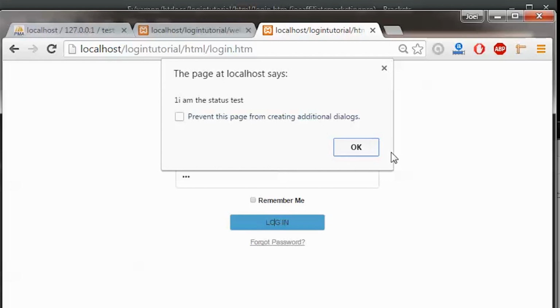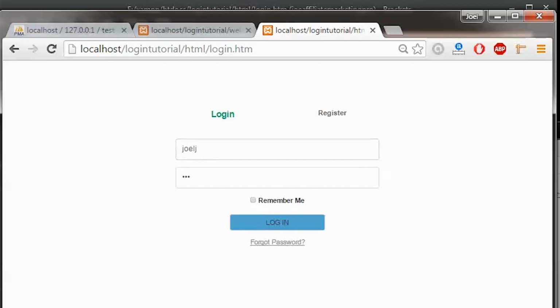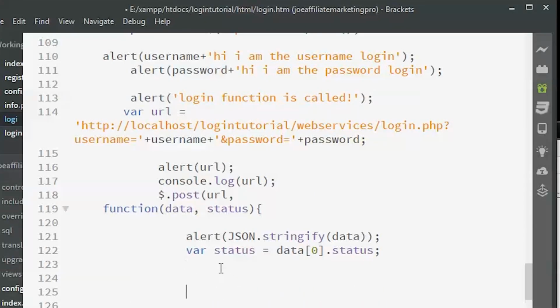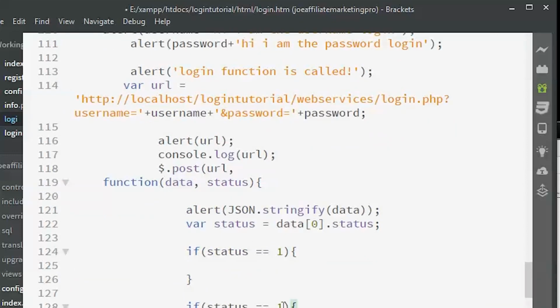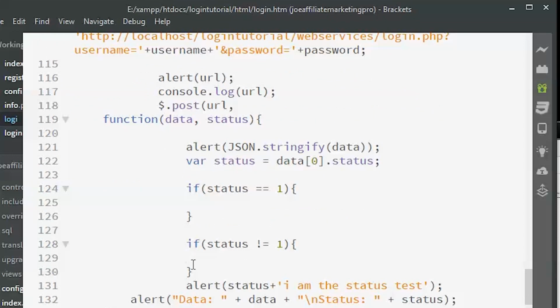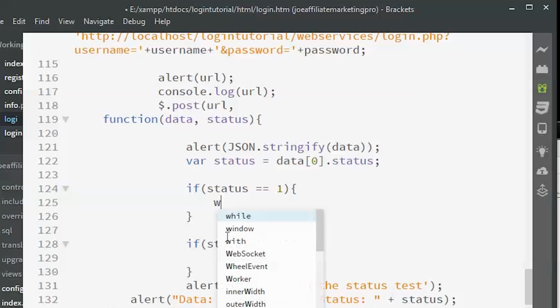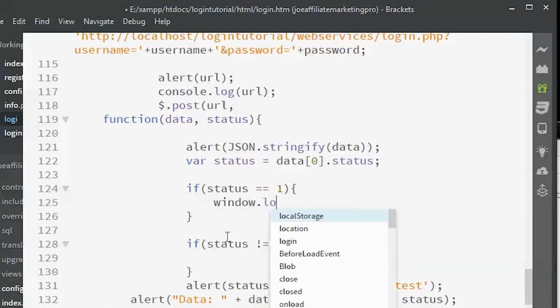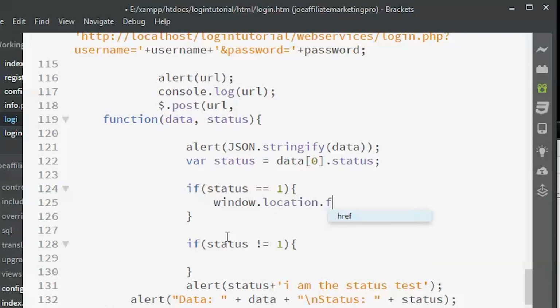Okay, so now basically it's a very simple logic. Just put in an if statement. I'm going to put equal to 1 because this needs to be verified. Similarly, I'll put if status is not equal to 1. So basically then you'll just need to redirect them to the index page of your website. So what I'll do is I'll type window.location.href equal to